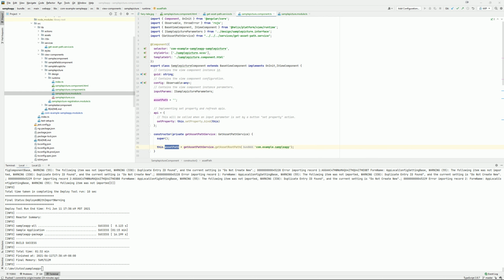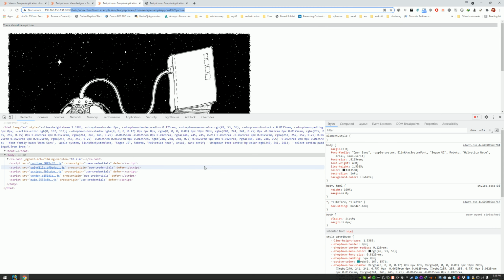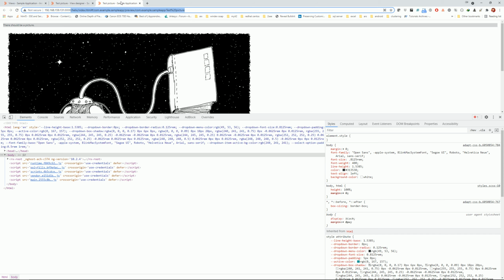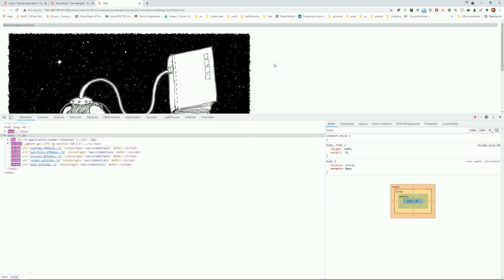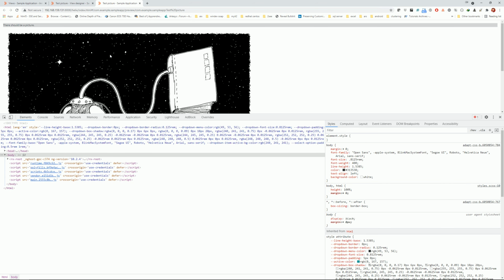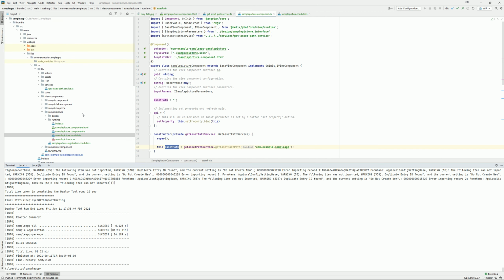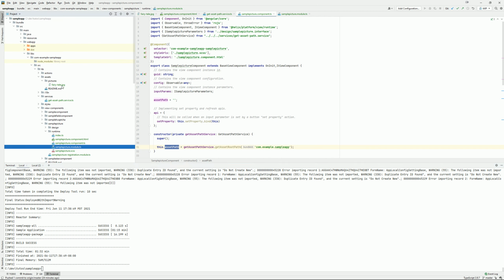Okay, so the bundle has been built and deployed. Of course, development has been stopped. I mean, I stopped the dev server, so this one is not going to work anymore. And if it still works with production, and you can see that in production it still works and the path is correct. So the story is, if you want to access resources like pictures,